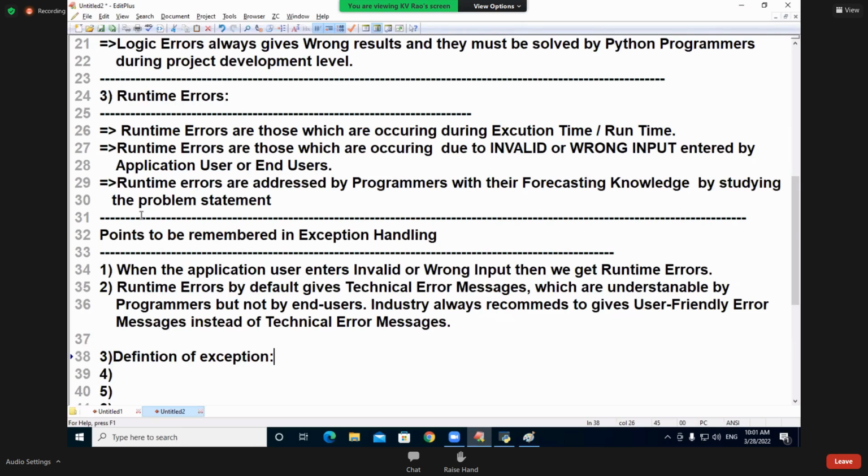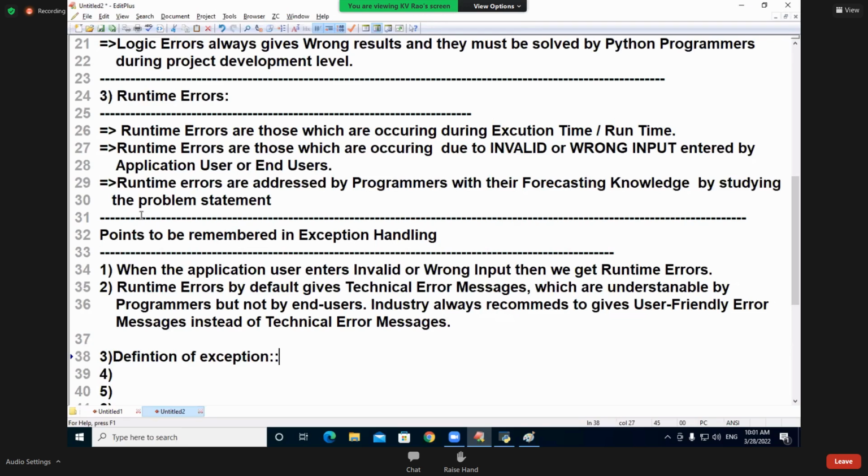You already learned in my class what exception handling is. Exceptions means what? Difficult to understand, abnormal situations. All of a sudden they are occurring. Unpredicted things are called what? Exceptions. Abnormal situations are called what? Exceptions. Understanding, students? Right?